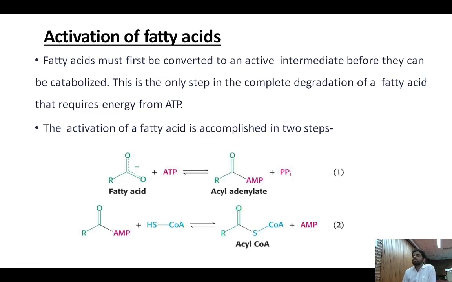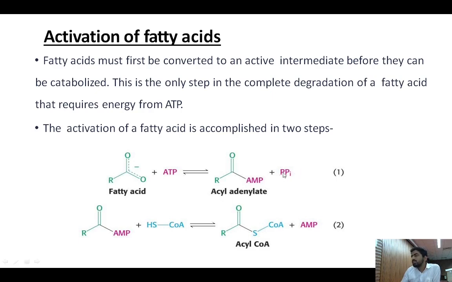Okay, so how does the activation of fatty acid happen? This is the first reaction, right? Only then can the proper oxidation of fatty acid happen. So activation of fatty acid. Basically, it is a two-step process, and this is the only step in the whole reaction where ATP will be required. So the ultimate goal of the fatty acid is to release energy, right? Release ATP for energy purposes in the body. But in the activation part, it still needs ATP. So the fatty acid combines with ATP and forms acyl adenylate.